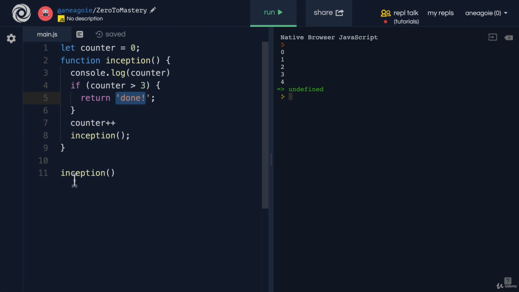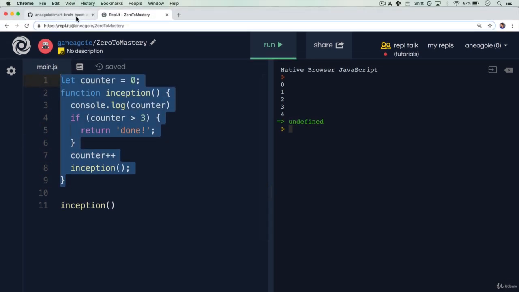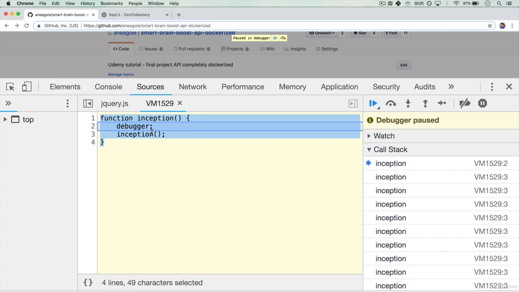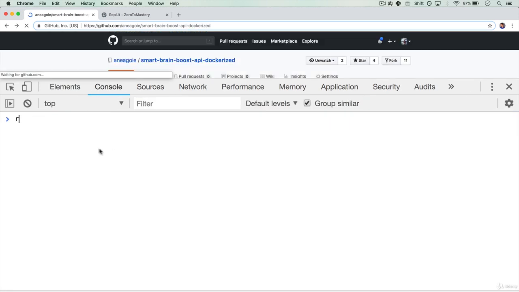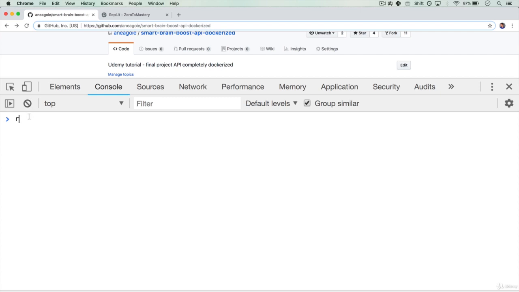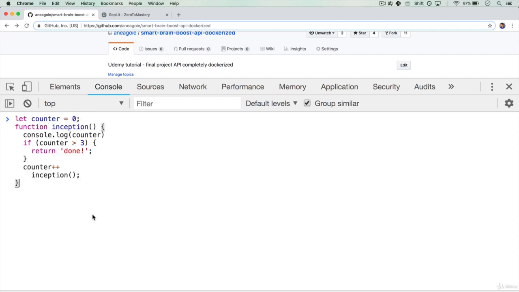I'm going to copy this code and go back to our browser over here. Let me refresh this page to make sure that we have a clear global variable. And I'm going to copy and paste inception. This time around, I'm going to add the debugger keyword so that we can debug our code and go step by step through it. Let's run inception